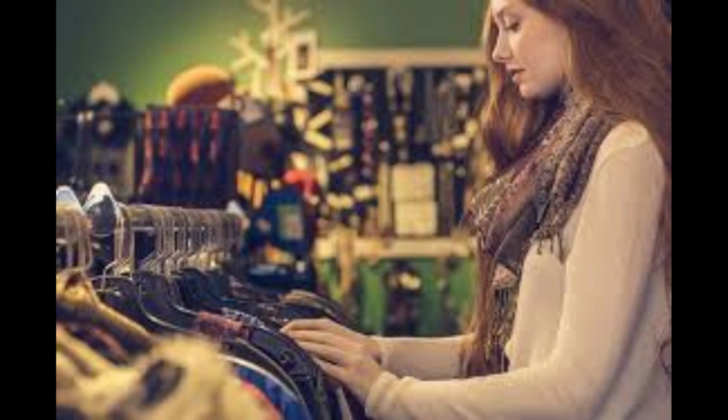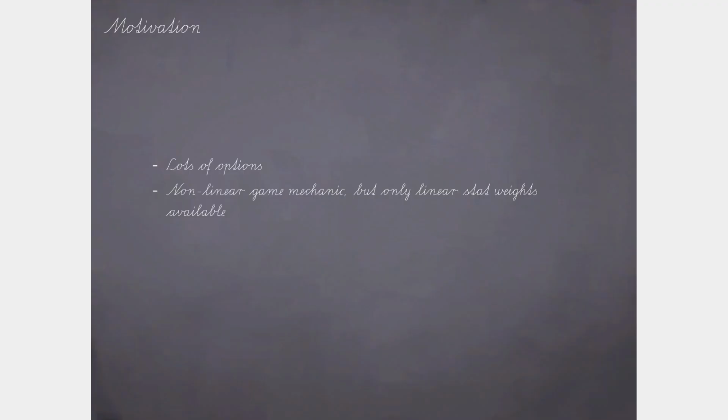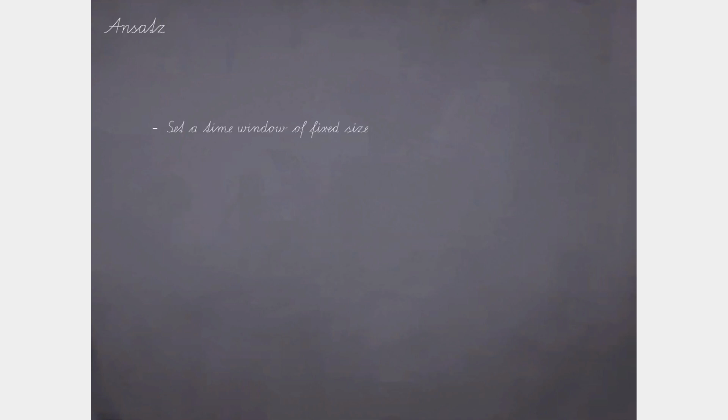This will be fascinating because firstly, players have a lot of options, just like when you are shopping for clothes. Secondly, what makes it more complicated is that some interactions between mechanics form a non-linear system, but the most popular approach for the optimization uses linear stat weights. To account for that, I am trying out a new approach by deriving the likelihood of success and maximizing it. And this is how we are going to do that.